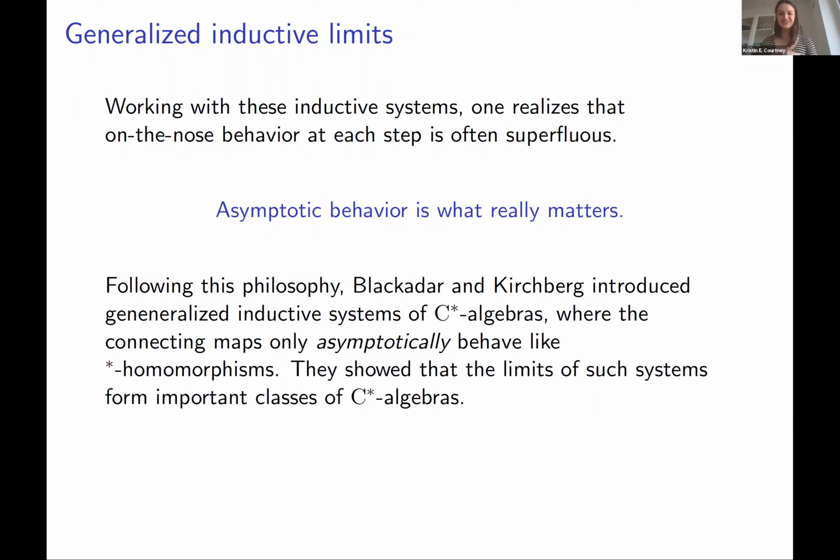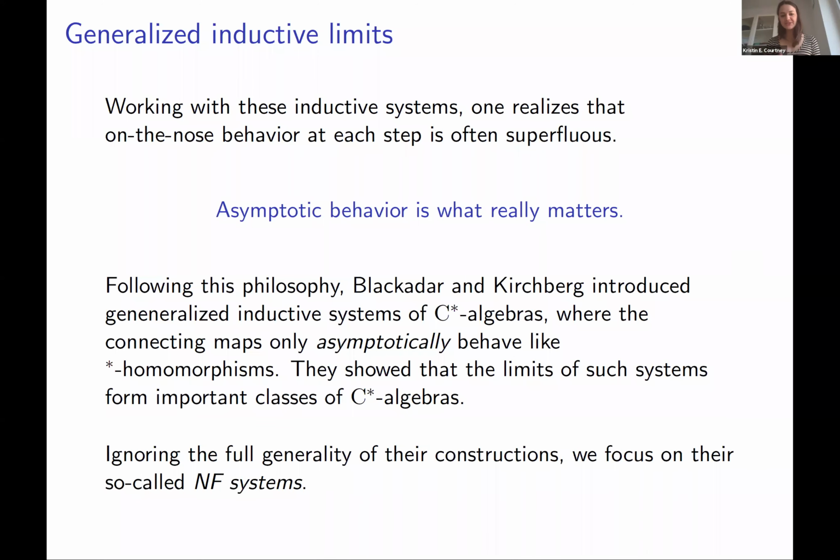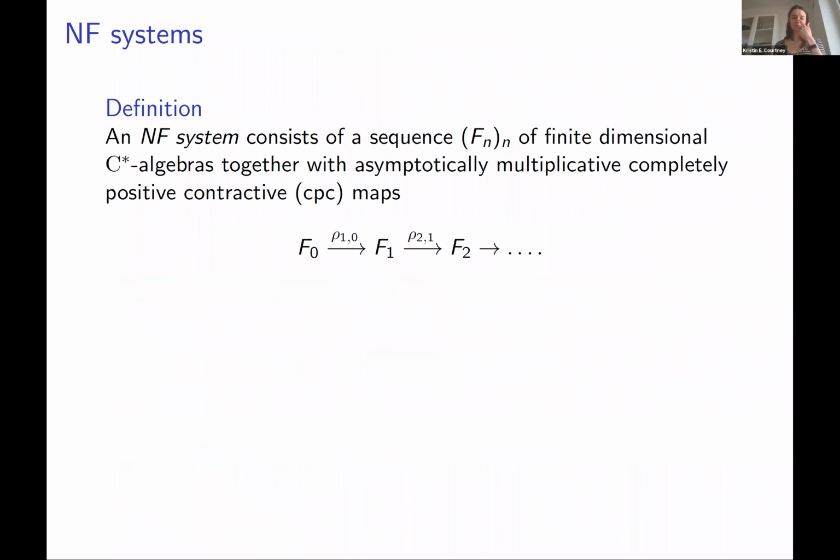Oh, forgot to mention, they also show the limits of these systems form an important class of C-star algebras, right? So I'm not going to talk about the full generality of their constructions, but I'm going to focus on the so-called NF systems. So an NF system consists of a sequence of finite dimensional C-star algebras together with asymptotically multiplicative, completely positive contractive